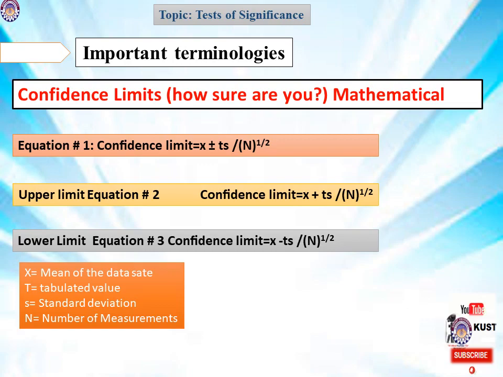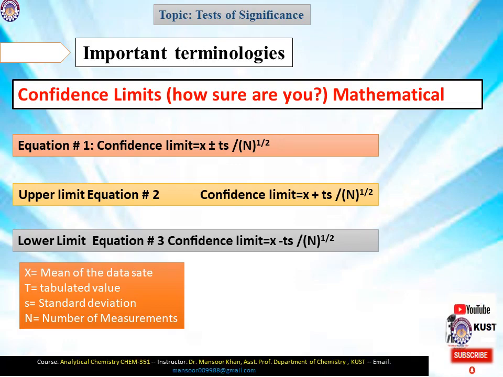Equation number 1, in which confidence limit is equal to x plus minus ts divided by n under the root, where the equation for calculating the upper limit is equal to x plus ts divided by n under the root, while the lower limit of the confidence interval is equal to x minus ts divided by n under the root,